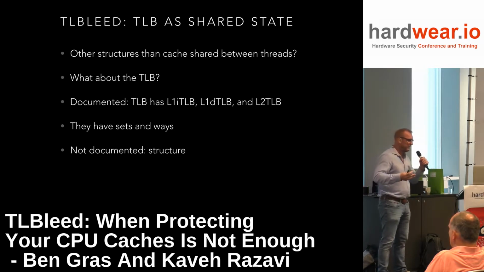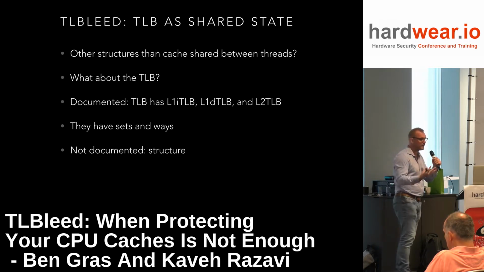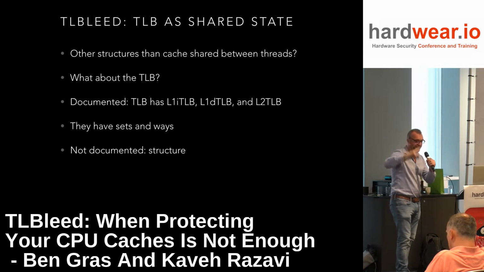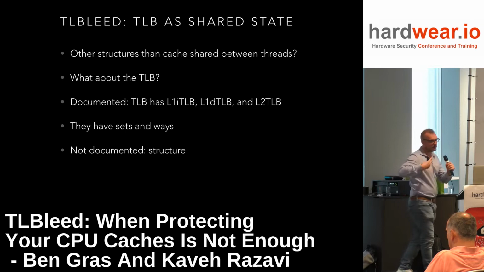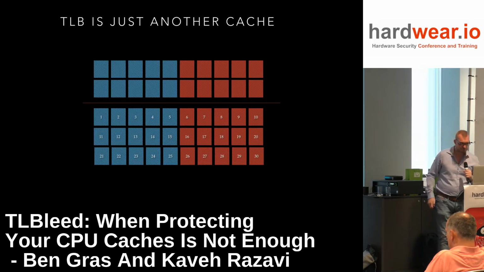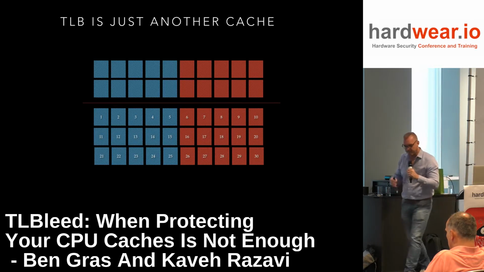By the structure we mean: if I take a particular lookup, into which set or slot is it going to go in the TLB? In other words, I want to be able to predict, when I access a set of addresses, which can I cache at the same time and which can I not cache at the same time because the set that they go into overflows. That's what I have to know to monitor TLB activity. So let's look at this TLB as just another cache.